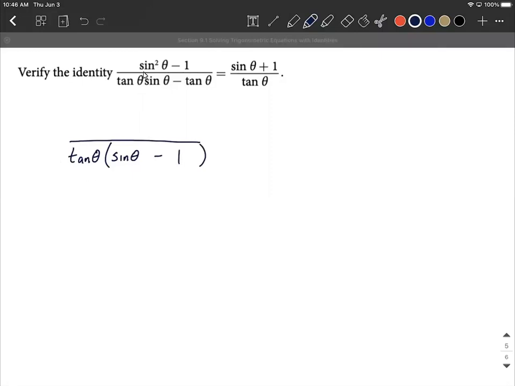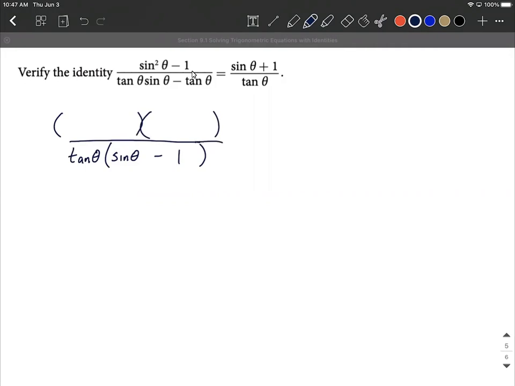So as we take a look at that numerator, it looks like we have two terms that are being subtracted, so a difference, and these are both perfect squares. Sine squared, I think that one's pretty obvious, but we can say this is 1 times 1 or 1 squared. So back to some of our factoring techniques, if we have a difference of squares, we should be able to factor that